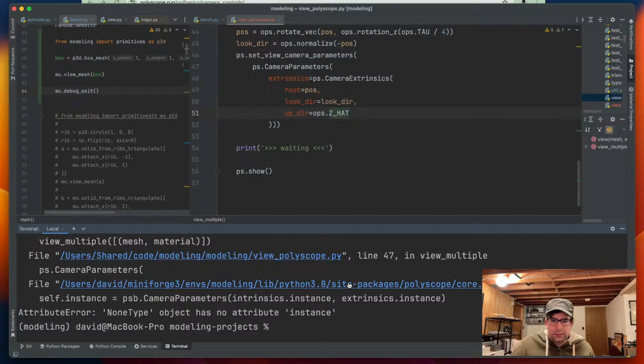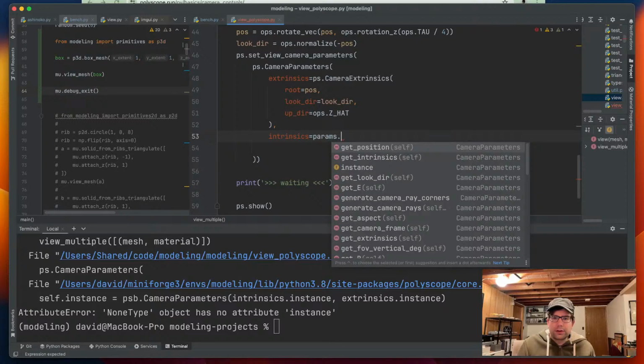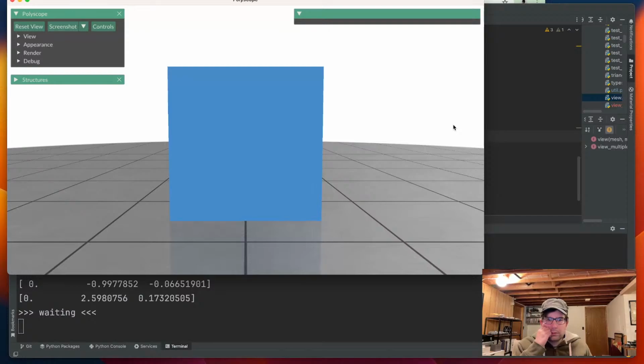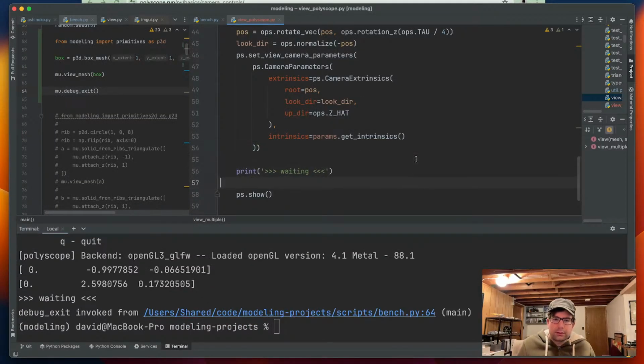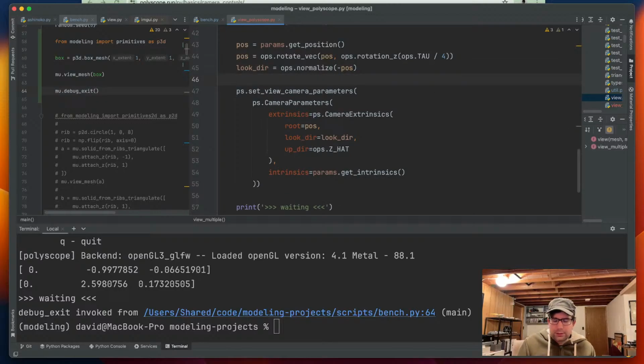Instance. Okay, so it doesn't like the fact that I didn't pass in intrinsic, so we'll just take the other one. The other one's intrinsics, it looks like. Okay. So, oh yeah. Now, that did not work at all. Let me just double check that I